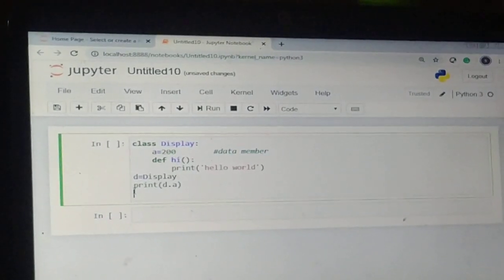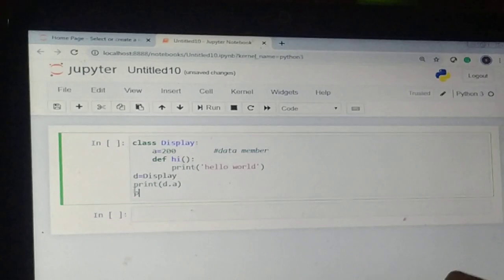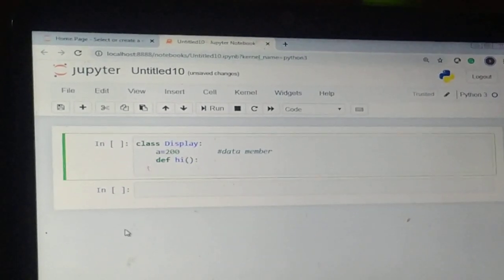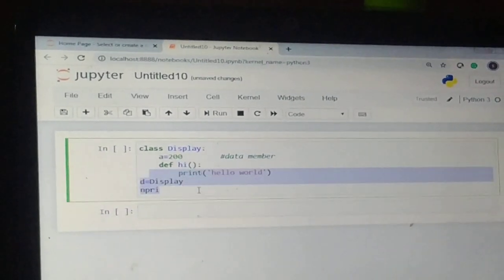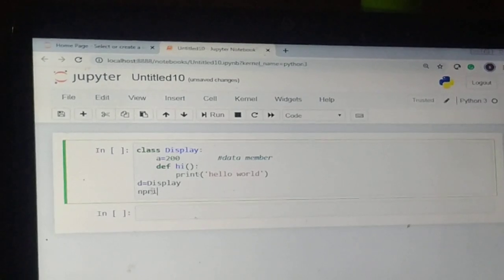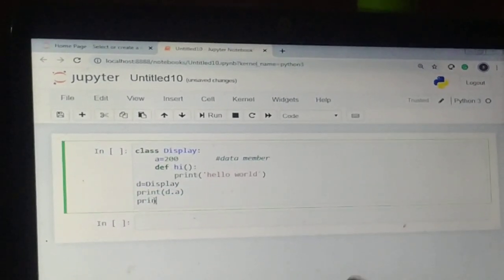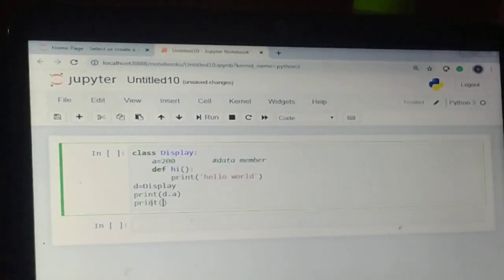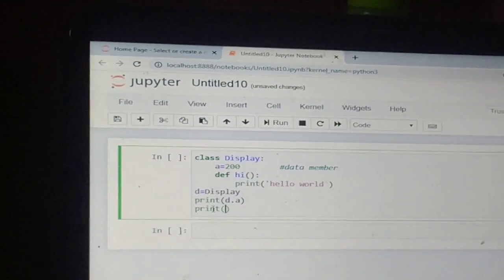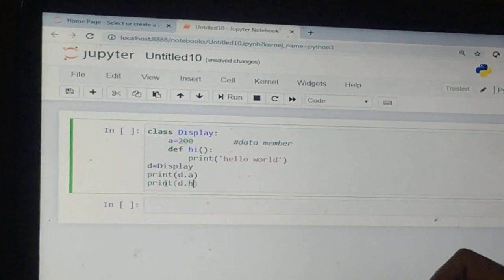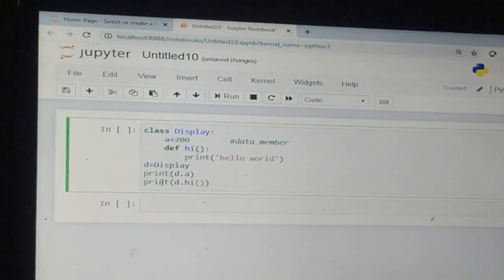And now I want to access the function of the class, or member function, or method of the class. So I am going to write print D.hi.